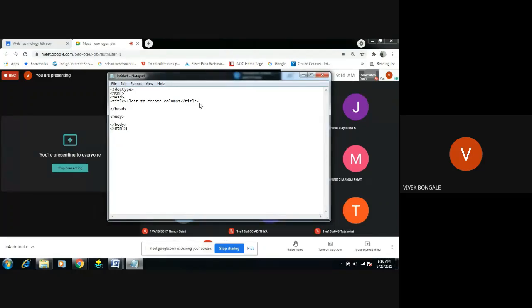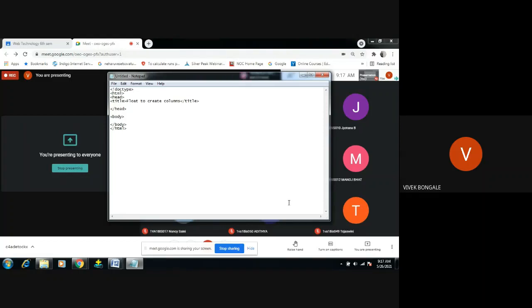Now we're going to add the elements according to our program. What we are trying to create is the columns here. For creating columns, obviously you know what a column is. So we are trying to create one box, one column, two columns and three columns, however many columns we want. Creating the column is not that easy in the web. For that also we have a separate code to create the column. Whatever we are going to do with our browser, we're going to use the tags over there.